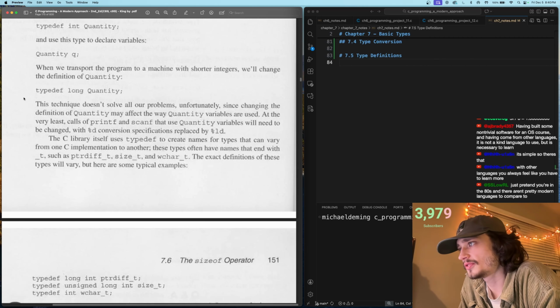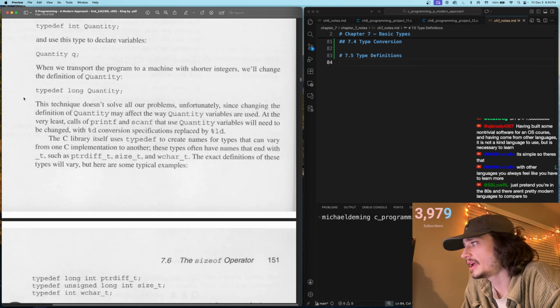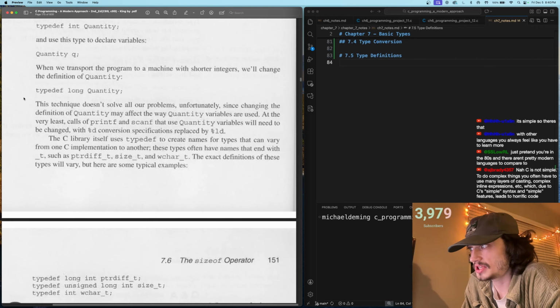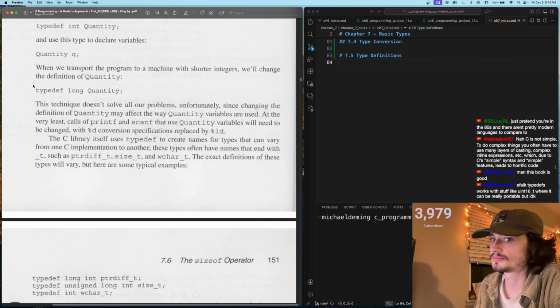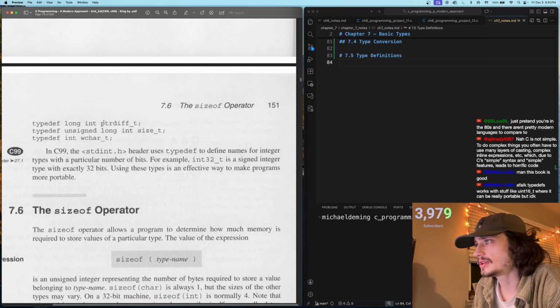The C library itself uses typedef to create names for types that can vary from one C implementation to another. These types often have names that end with _t, such as ptrdiff_t, size_t, and wchar_t. The exact definitions of these types will vary, but there are some typical examples. typedef long int ptrdiff_t; typedef unsigned long int size_t; typedef int wchar_t;